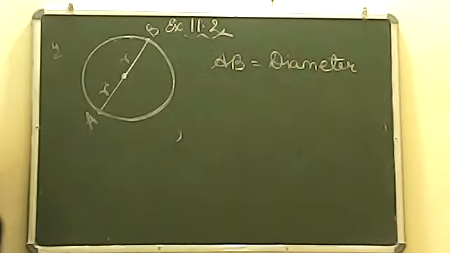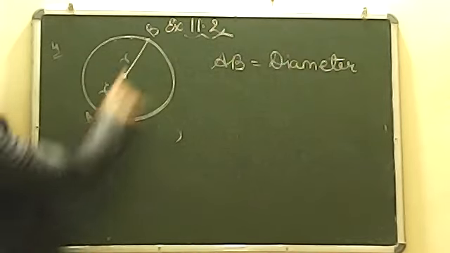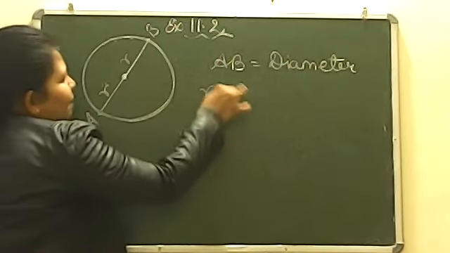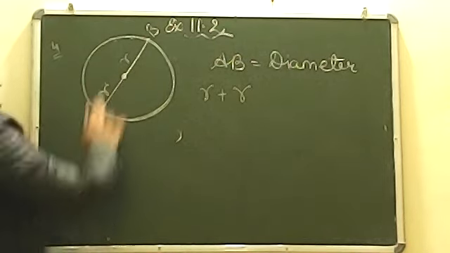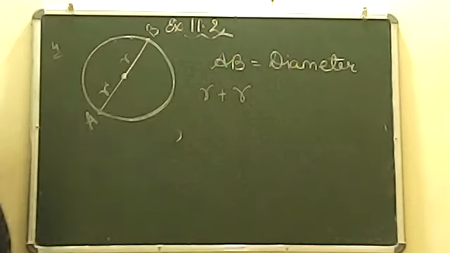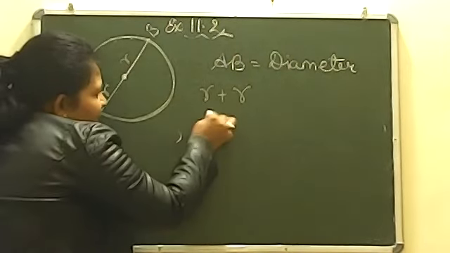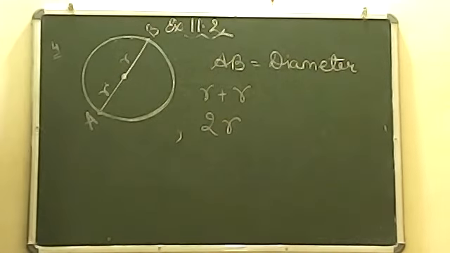So we are writing here AB is diameter. Now tell me, if I have to write it down like this, AB, what can we write? R plus R can I write? Write it down the chat box, yes or no? Can I write AB is equals to R plus R? Yes, correct. I can write R plus R because अगर हमें पूरा AB चाहिए तो we have to add 2 times R and R. और अगर हम R में R 2 times add करेंगे, can I write 2R? Yes or no? Yes, I can write 2R.